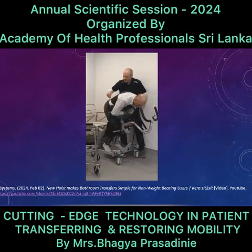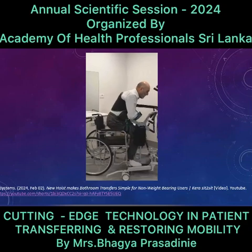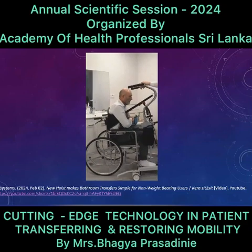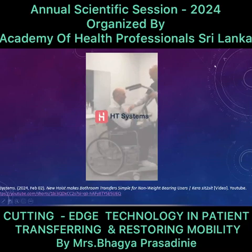Yes, so you can see that it's less uncomfortable to the carer, because usually toileting is a major issue we face when we are addressing the patients. So this will be a good option even in Sri Lanka if we can facilitate, because this does not need to be like